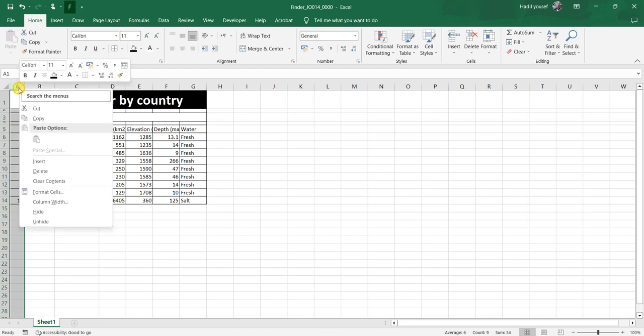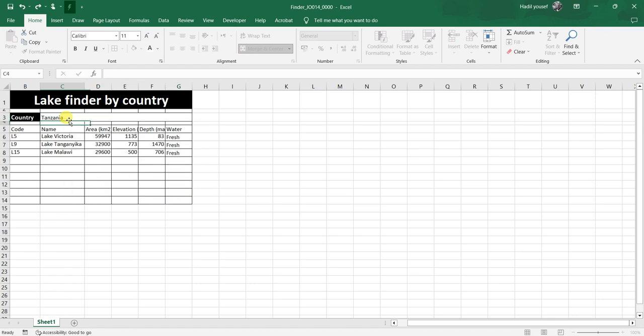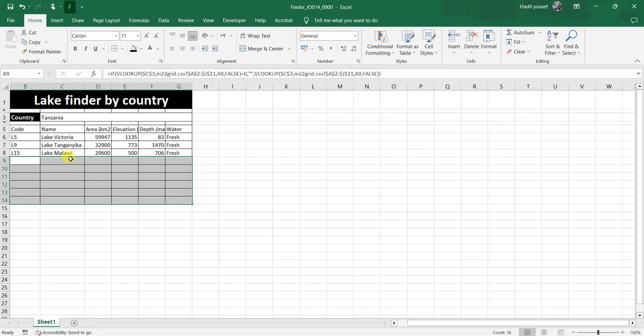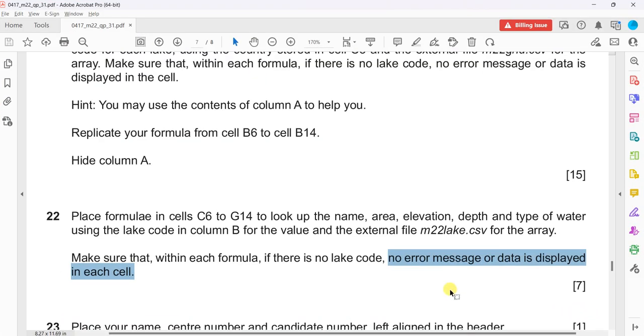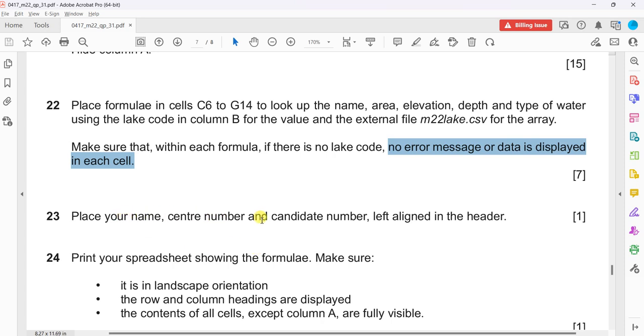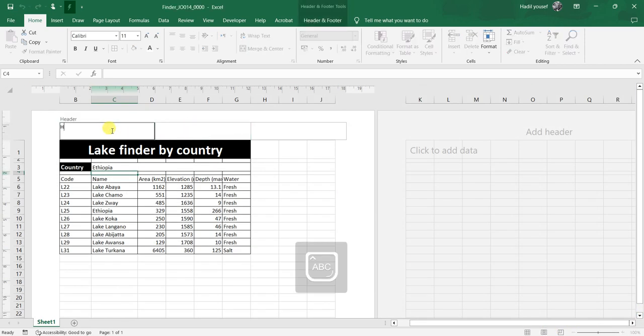We also have to hide column A, which was informed in the last question. Like this, we have each code with its data. If we just use Tanzania, we have nothing, no error messages, and we go back now to Ethiopia. It's done. So place your name, center number, candidate number in the left header here. Again,